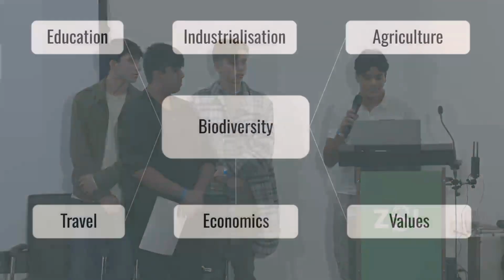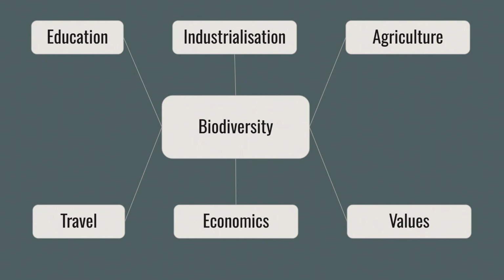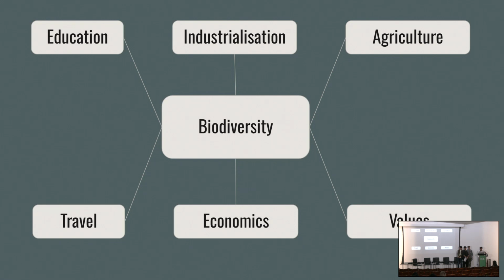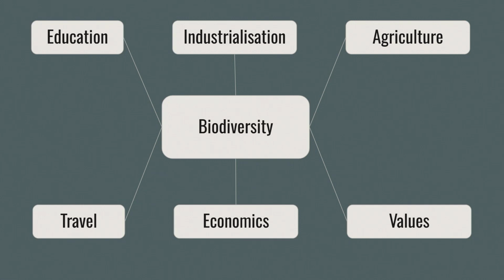The challenge that we decided to choose was biodiversity, as you can see, and we first decided that we needed to do some research into the main causes and fundamental problems we would start looking at to create our solutions. So we decided that the 6 main human activities that affect biodiversity would be education, industrialization, I'm going to skip that one, I can't say it right now, and agriculture, travel, economics, and human values and morals, because that was the one that I found confusing, but we worked it out. And then next